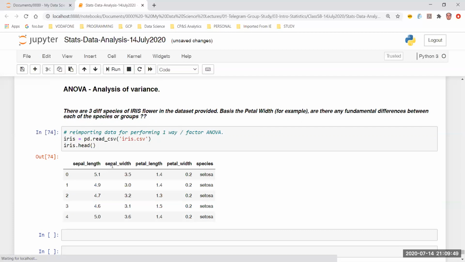So if I have more than 2 samples for one independent variable belonging to the same population of data, then I can perform one way ANOVA or F distribution test to find out the similarities or the dissimilarities. That's what we are doing. But if your question is going to change, let's say if you are going to consider more variables, then you will have to make a change in the test.